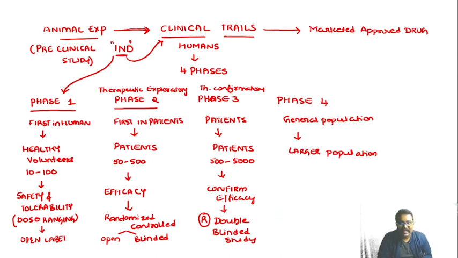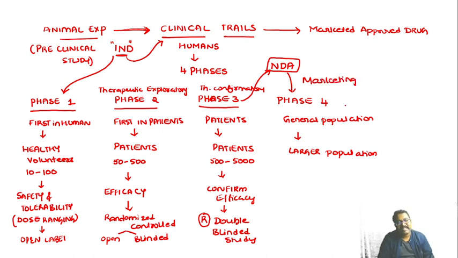So once we get a satisfactory result from phase 3, after phase 3 we're going to apply for new drug application to the authority or the agency, and those authorities will give permission based on the information which will be provided based on the phase 3 report. So once the new drug application is approved, it will be licensed or approved for